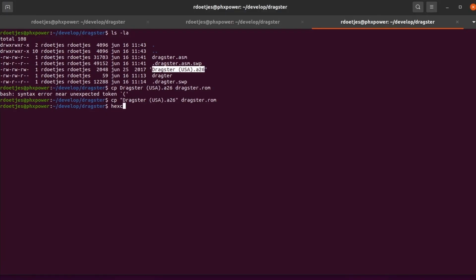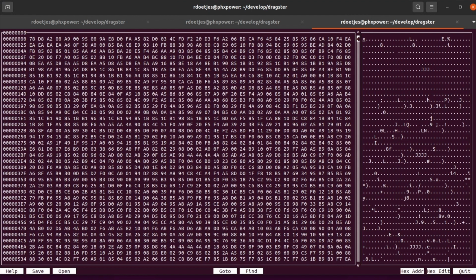Before making the changes to the ROM, I copy the ROM file and make the changes on the copy. I start Hexcurse, which is a hex editor on Linux. Now we need to find what we're going to look for. So I need to